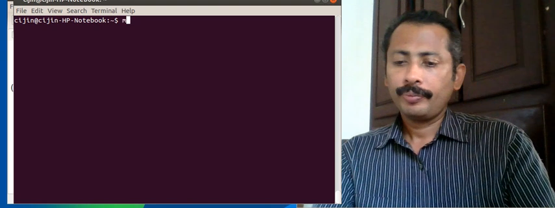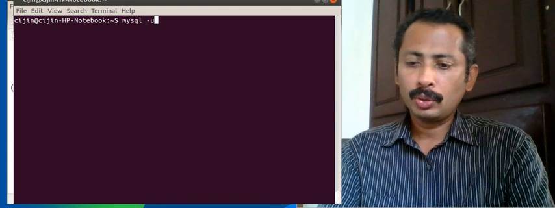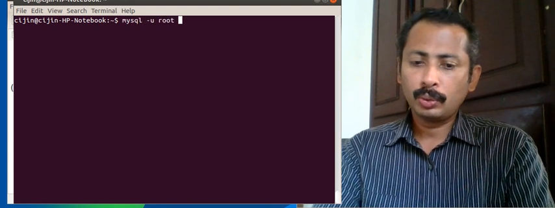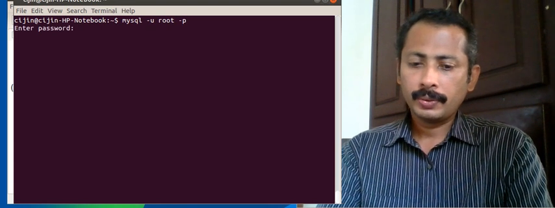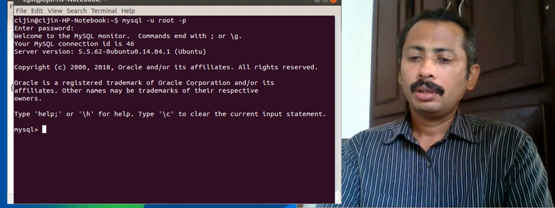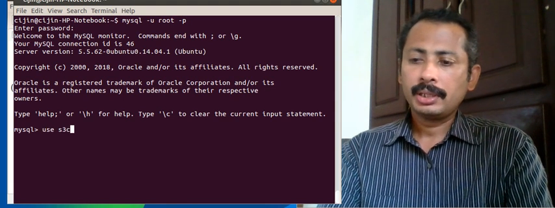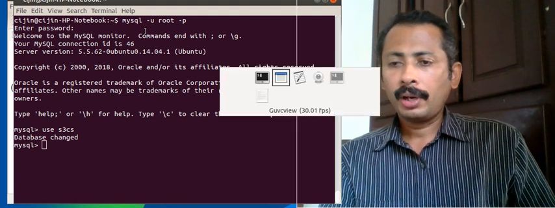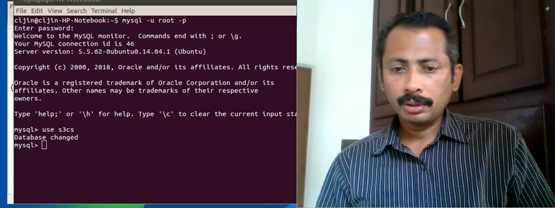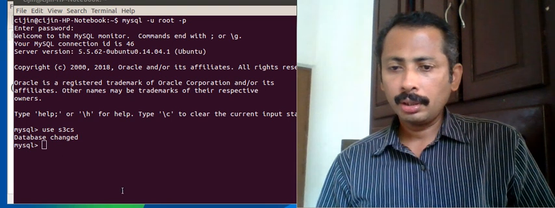I'm going for mysql -u root with password. So give the password, then use the S3 CS database. Now I would like to give the query.